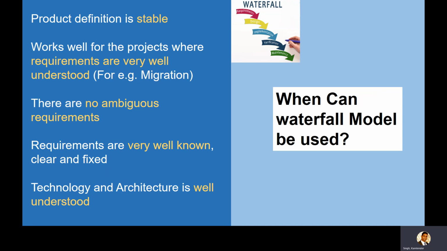Basically, all these points relate to the development team, or the team who is developing the product. So it goes in the favor of the team who is developing the product. There are no ambiguous requirements. Requirements are well known, understood, and technology and architecture. Because in agile, we have heard that architecture is evolving over a period of time, whereas in the waterfall model, the architecture is well defined in the design phase. Design documents are well defined, so it becomes easier for developer to implement that architecture or implement that design.